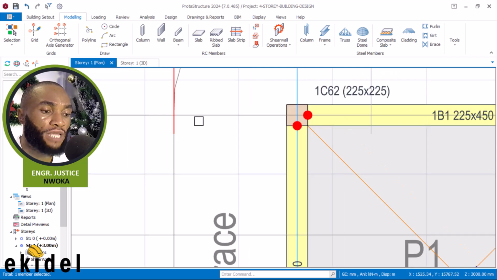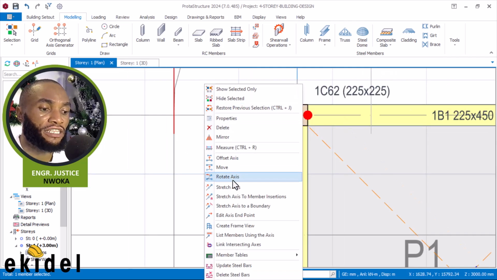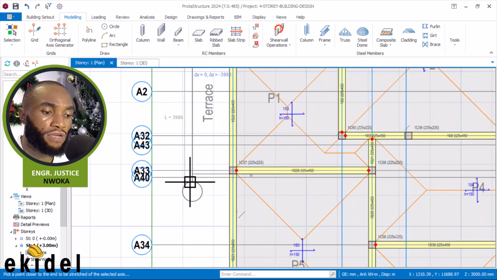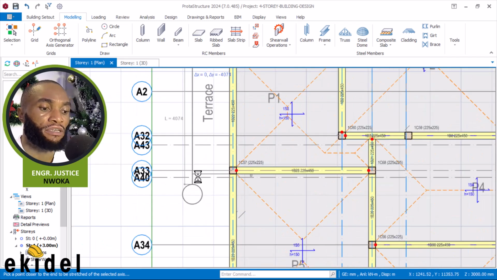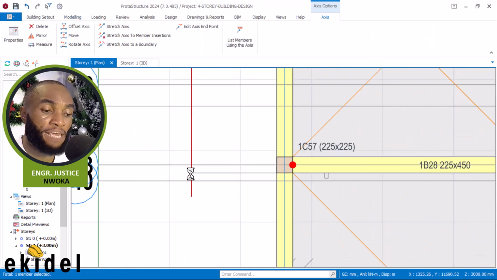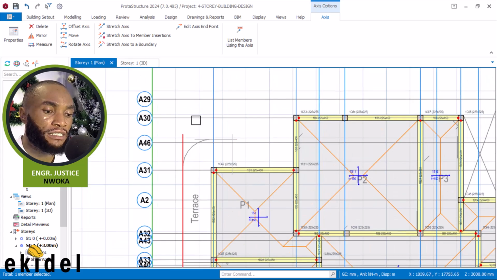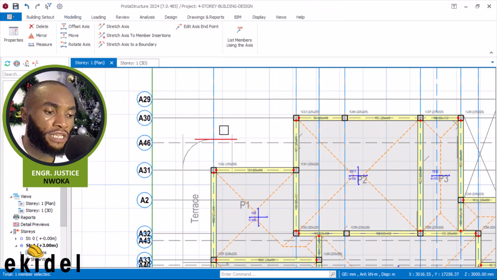I'll then come now and right click here, and then stretch here, click on this place, and then stretch all the way down to this place here, and then keep this here. Okay, that's fine. So make sure you pass the point where your slab stops, a bit. That's fine. And again, I will then click here, click on this, right click here,